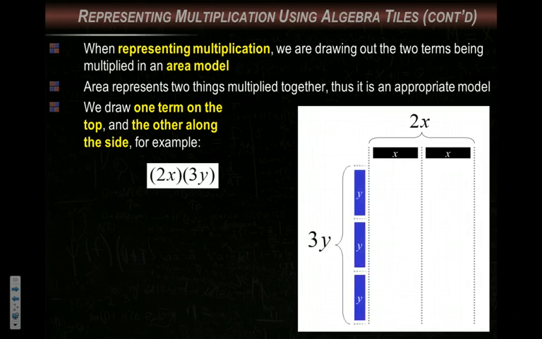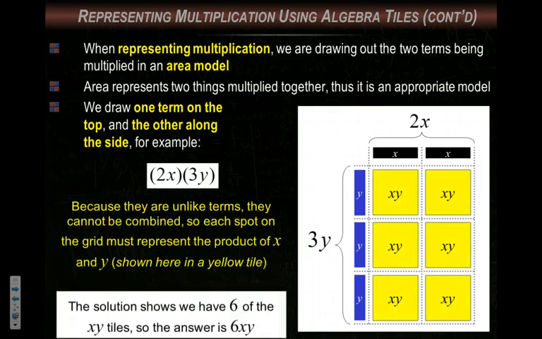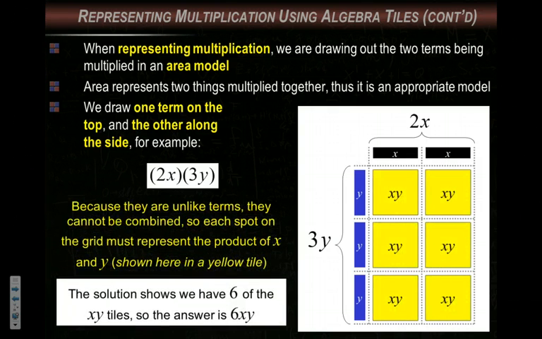3y is drawn right here. And then basically you just draw a grid to fit it. And you get your answer in the middle. The answer is 1, 2, 3, 4, 5, 6xy. And that's the answer, 6xy. It's a little confusing. This is also explained fairly well in your textbook, but let's take a look at another